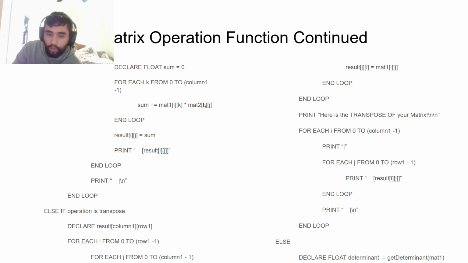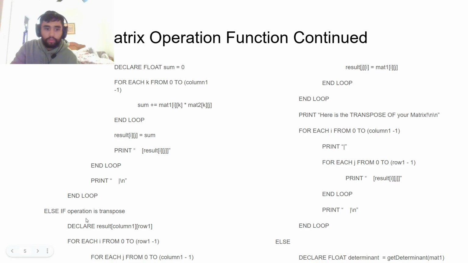It's basically the first element in row 1 times the first element in column 1, second element in row 1 times the second element in column 1, so on and so forth, and then it resets the sum when the column iteration is done. Then when the k iteration is done, it'll set the resultant matrix equal to the value of the sum, and